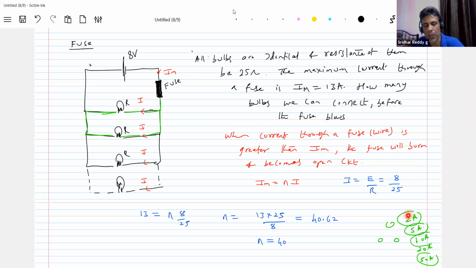Depending upon the equipment, the current has to be supplied. So for that, the wiring has to be done separately. Now here what will happen, these wires are a problem. If the current through a wire is more than the permitted current, the wire will burn out. I think you see in the home, if the wire burns out, it's a big problem. You have to open the switch board, then you have to pull the wires.